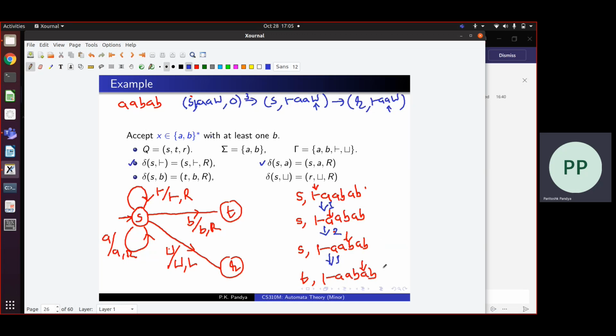Okay. So we saw one example. In this case, we had an accepting run because it ended in the accepting configuration. Here we had a rejecting run. This is a total Turing machine. For any input that you give from the input alphabet {a, b}*, it will terminate. Eventually, it will reach either state T or state R. You can see this by inspection, since you are skipping over all a's. You have a finite sequence of a's and b's. So either you will encounter a b, or the word consists only of a's, and you will skip over all those a's and hit the blank. At this point, you will get to the reject state. So by our intuition, we can see that this Turing machine is total.